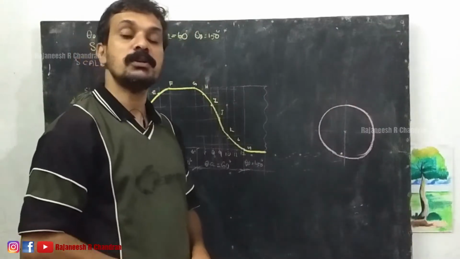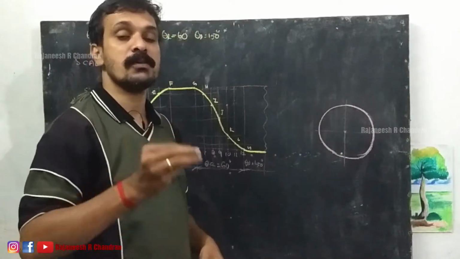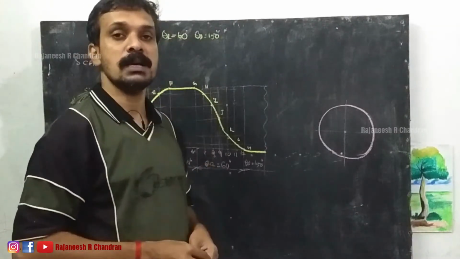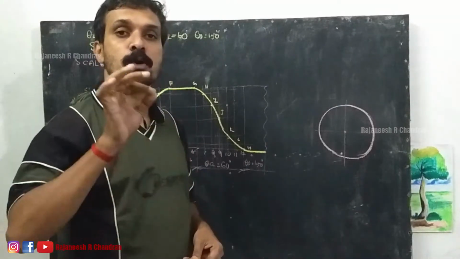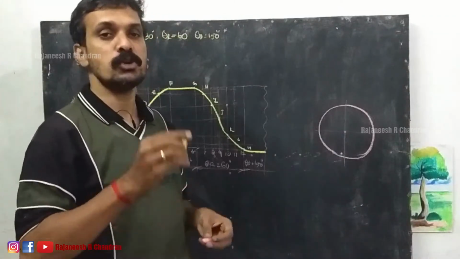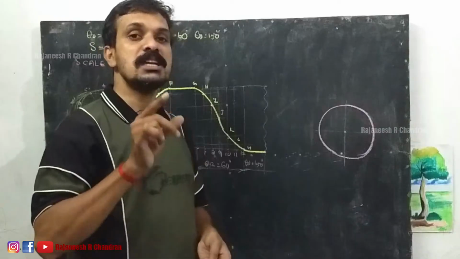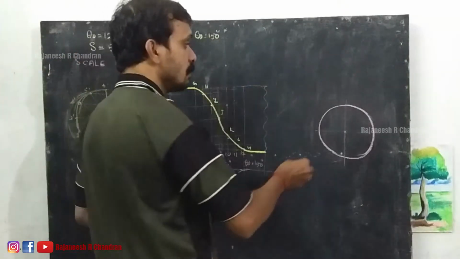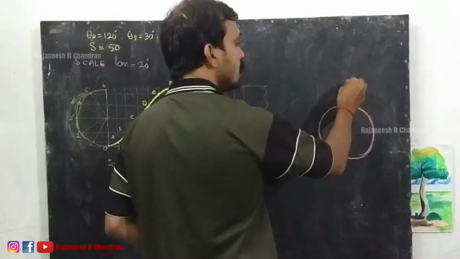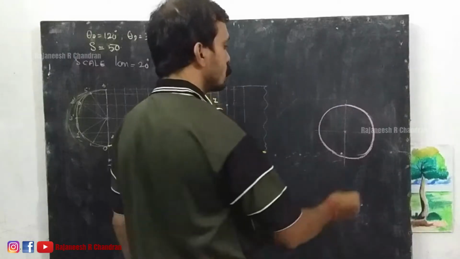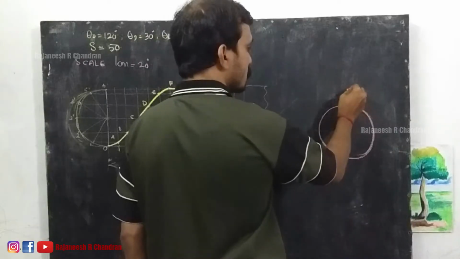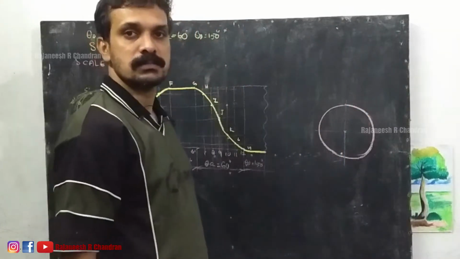It is clear. Now in the previous question we have constructed the cam profile for a knife edged follower. Here the follower is a roller follower and it is given that the diameter of the roller of that follower is 20 mm. So we have to draw the initial position of the follower. We know that this is the point. So at that point the roller will come. So passing through this point we have to draw a roller like this. Clear? That is the method.